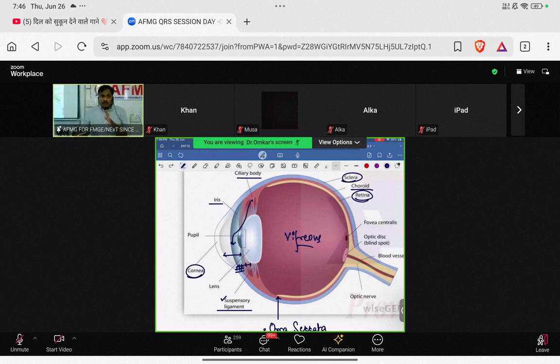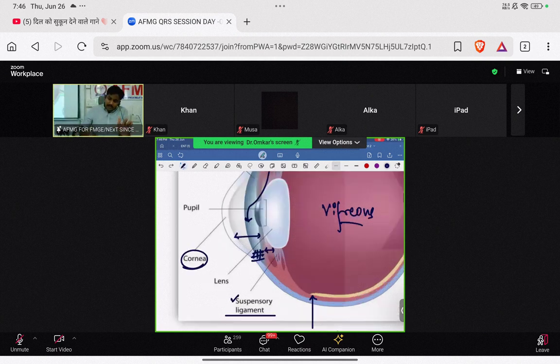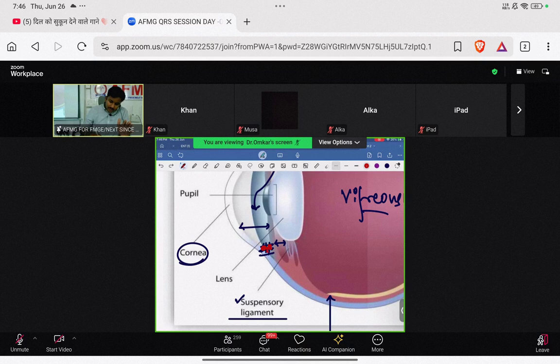Now in the second condition, I am saying the angle is open, beta. There is no problem at the iridocorneal angle. The angle is open. The problem is the trabecular meshwork, which has got blocked. The trabecular meshwork is blocked either due to fibrosis of the trabecular meshwork or due to blockage by proteins, pigments, cells. If proteins, pigments, cells or something like that is blocking it, that can also cause blockage. So either due to fibrosis or due to some substances, the trabecular meshwork is blocked, but the angle is still open.